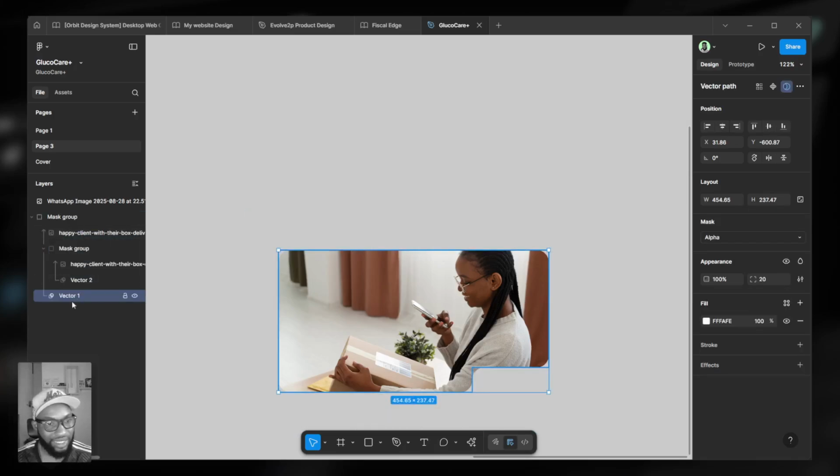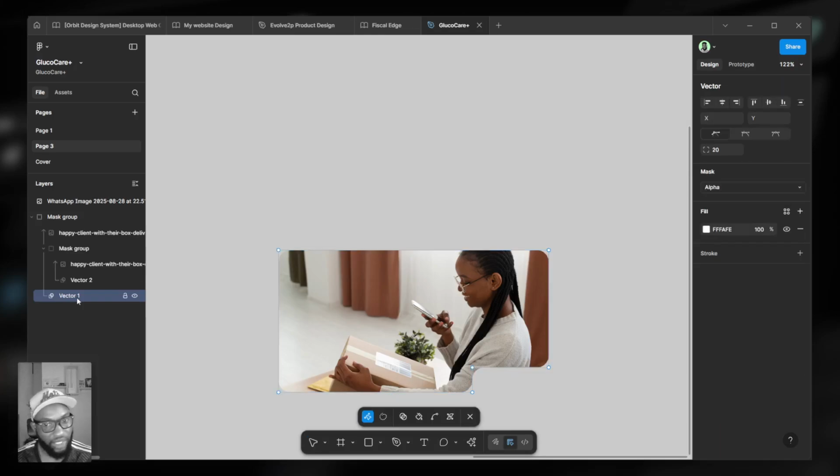Then I'll select that masking element right now, which is the main mask. Then I'll press enter to go into vector mode. Then I'll move this to the top